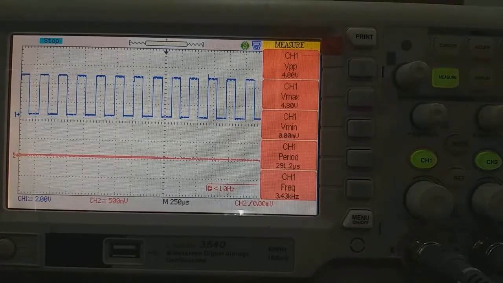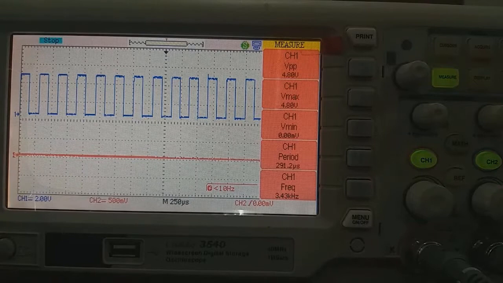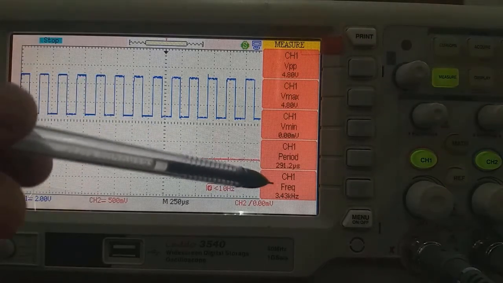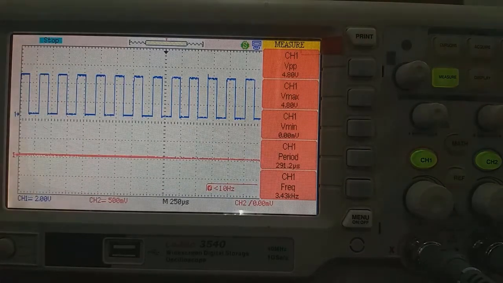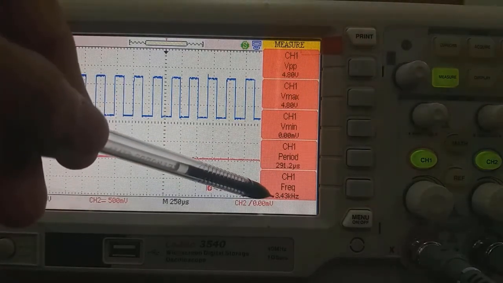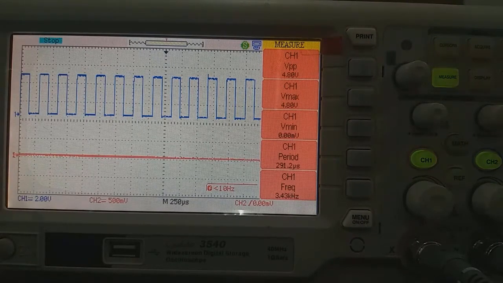When no modulating sine wave signal is applied to this PWM generator, then it gives train of square wave pulses, and the frequency of this square wave output signal is 3.43 kilohertz. See here, 3.43 kilohertz. Now you can apply sine wave modulating signal of frequency 500 hertz, and we'll see what is the change in the width of the pulses according to the sine wave variation.